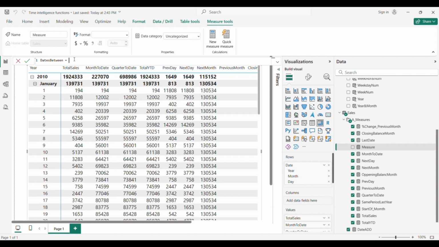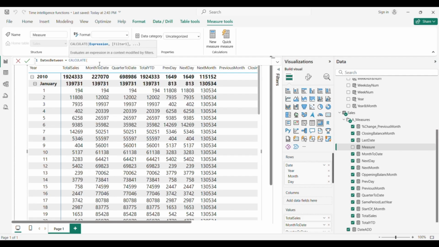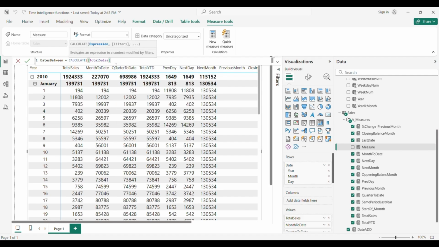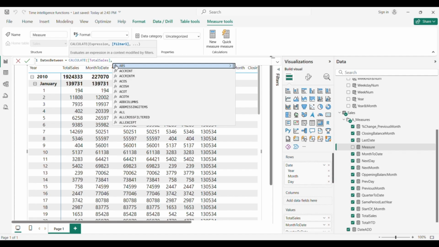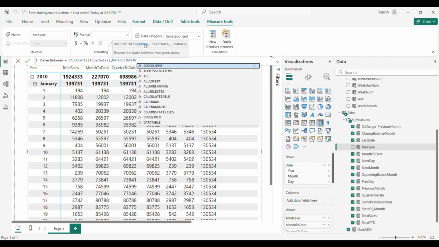We start with calculate, like usually, total sales, and now we write the function dates between, which is here, and we need to add dates, start date and end date.